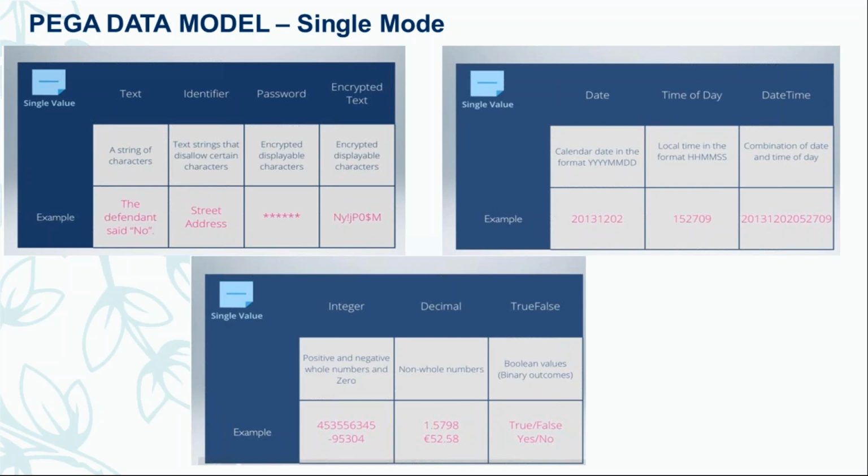Page list and page group are arrays of data. If you have multiple items we want to display in the UI, then we go for page group and page list. And there is one more difference: page list is an ordered array, which means the subscript will be numeric. If I want to capture 10 employees at once, they will be referred to as employee 1 dot the property name, employee 2 dot the property name. That way it will be ordered.